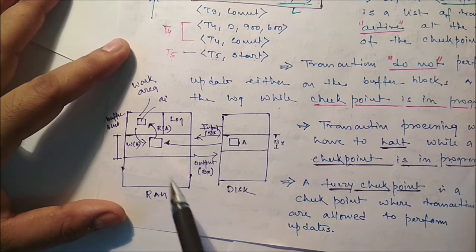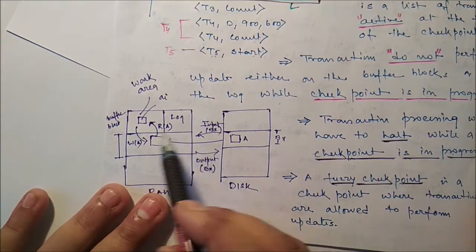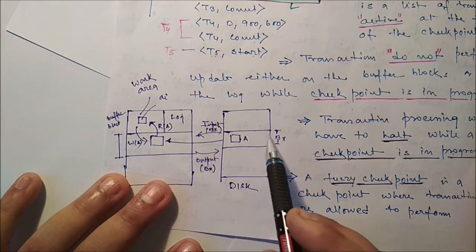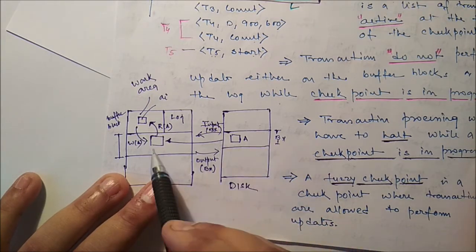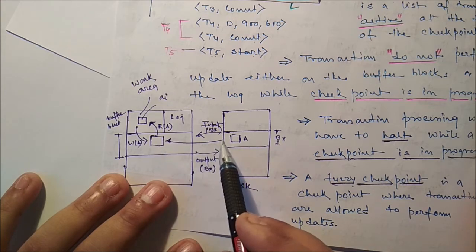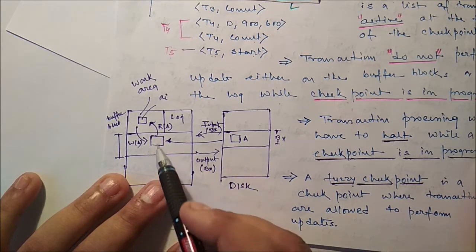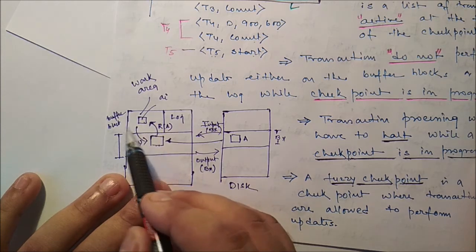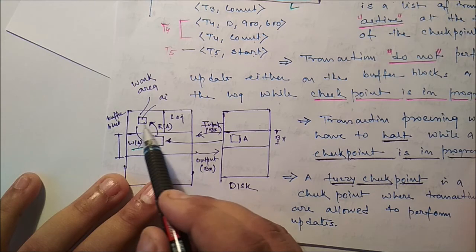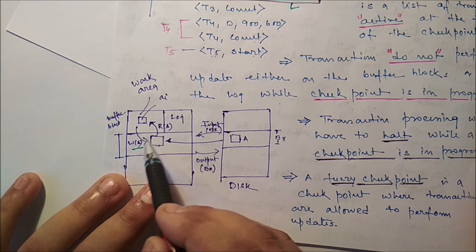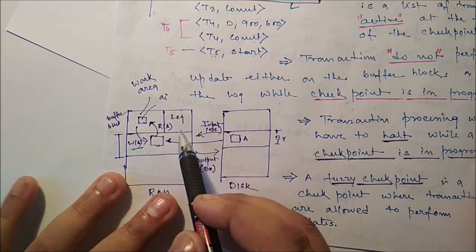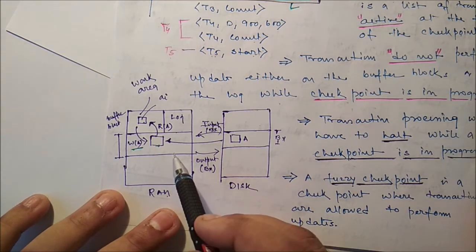Already we know. So while checkpoint is there, we can see here, this is our buffer block, this is our log file, and this is our work area. Now actual data is present in this particular disk block. So suppose we have to work with this A, we must store data from the hard disk to the buffer. And if you write read A, that means we are transferring data from a buffer block to the work area. And while writing write A, that means we are transferring data from work area to buffer block. And all the database activity we store in the log file, and the log file is also present in the RAM. Are you getting this one?